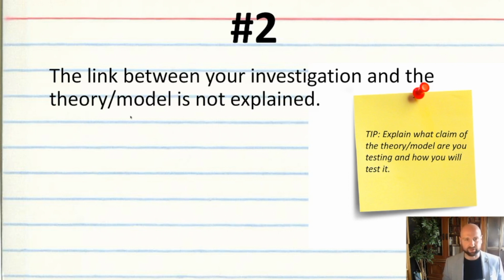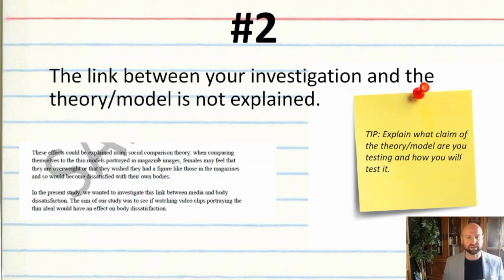So any theory or model is trying to explain some element of human behavior or cognition, right? And so what you want to try and do is explain, right? How are you going to test that claim? Okay, and so for example, in mine, I'm looking at the social comparison theory. That's the background model that I was using, and I've used the social comparison theory to explain the results of the original study